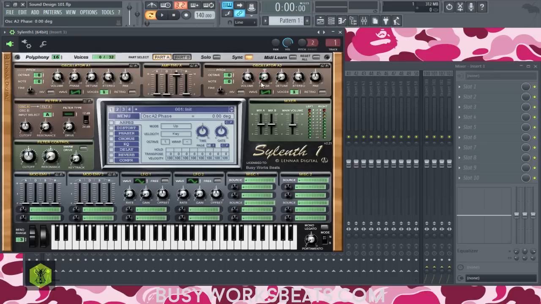Now, phase also deals with cancellations. I'm not sure if this plugin will allow it, but let's see if I can get pretty precise. Yeah, you can. Let me see if I can get it to 90. Oh, if I can get it to 90, that would be great. But basically, you can cancel out the wave based on the phase. You could hear it disappear for a little bit.